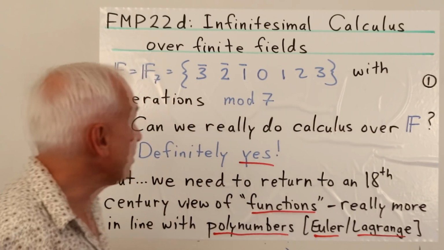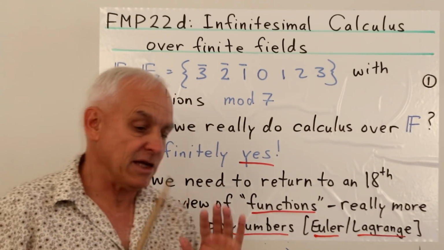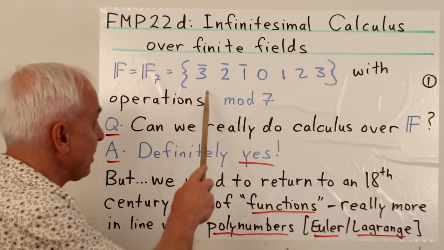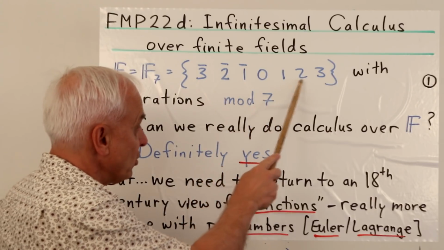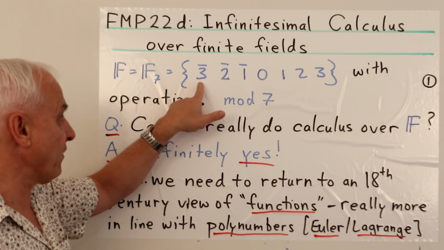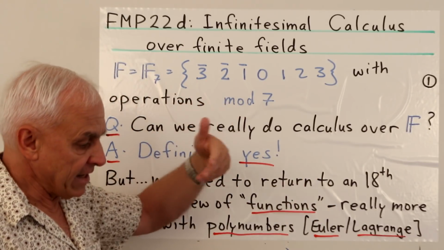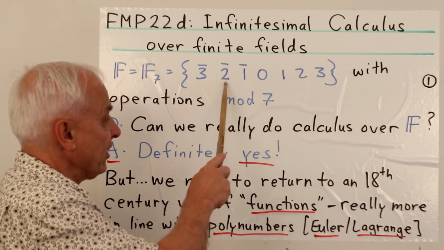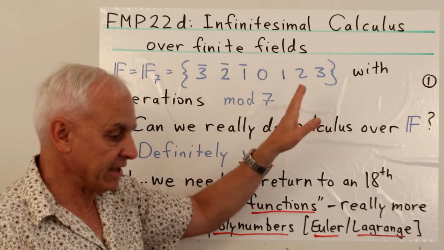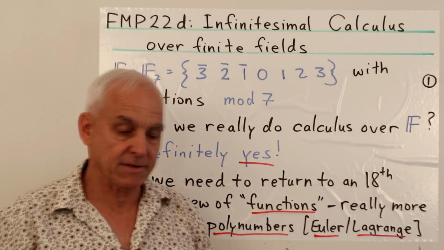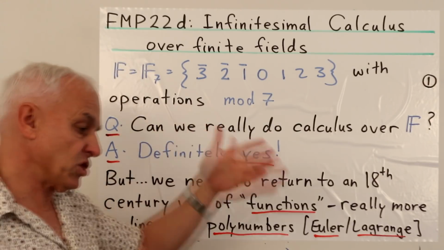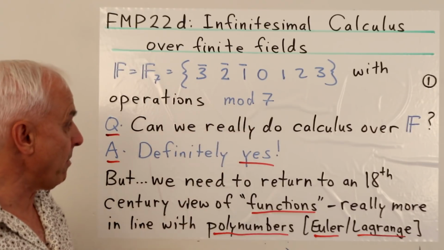Okay, so we're going to illustrate things with a specific finite field F7, which we've already talked about, elements 3 bar, 2 bar, 1 bar, 0, 1, 2, 3, where the bars represent negatives. So this is the same as -3, -2, -1. And in other treatments, we might call this 6 and this 5 and this 4. I just prefer to do it this way. It makes things a little bit more symmetrical around the central element 0. And the operations are addition, multiplication, subtraction, all mod 7.